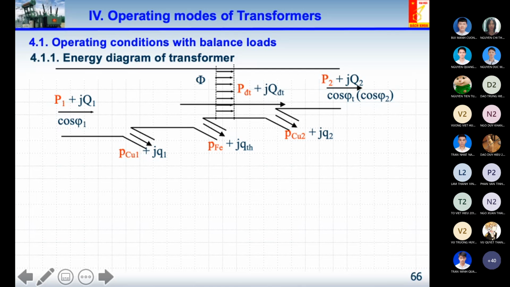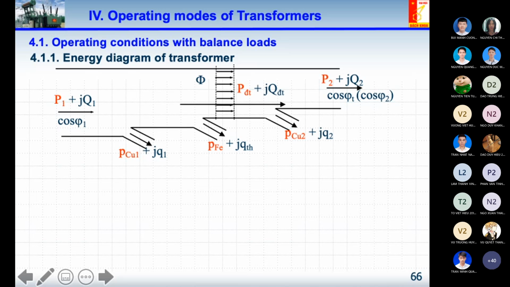PFe is equal to P1 subtract PDT subtract PCu1. In addition, we can compute PCu1 if they give you PFe, PDT and PU in advance. And of course, now if you look forward to the right-hand side, you can see here,